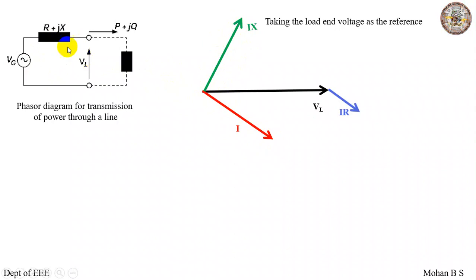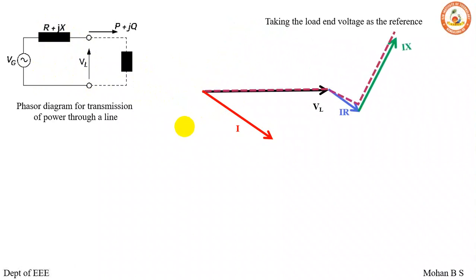Now here, the inductance is with respect to your transmission line. So if this is considered as the x-axis and this is the minus y-axis, the current is lagging with respect to the voltage across your inductance. As we are intent to find the relationship between VG and VL, and here we are adding up the voltages, it comes after IR. So the summation of VL, IR and IX, that is the voltage across the inductance in your transmission line, will give us